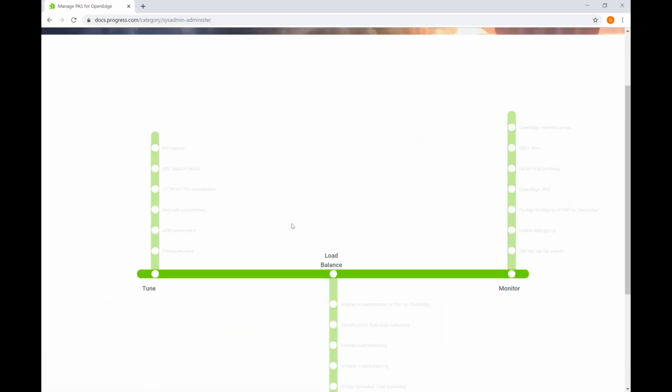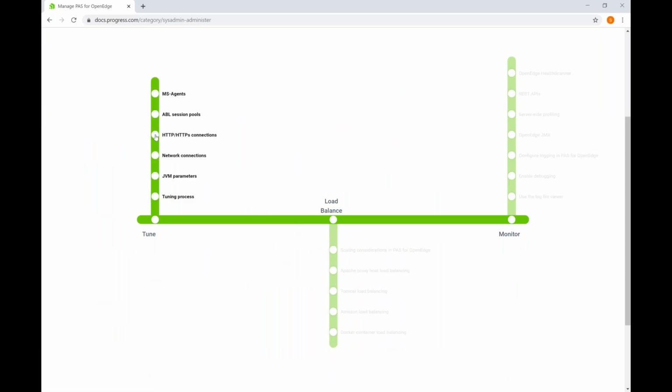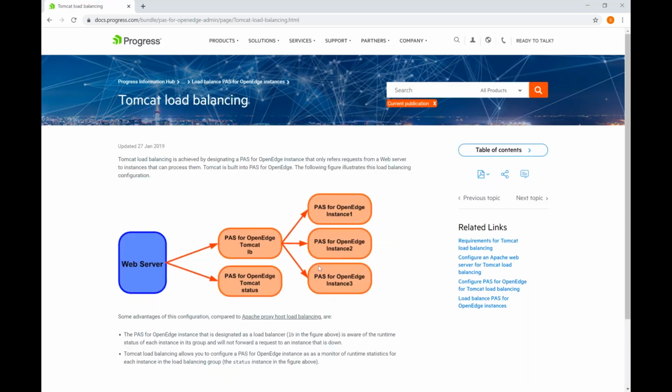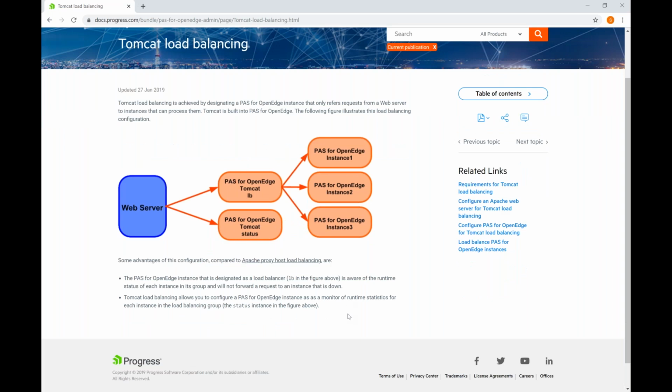So when you go into there, you see this really nice learning diagram here, where the different things that you can do are organized by category, by work category. As you mouse over different things, different areas of documentation become available to you. Let's just pick Tomcat load balancing, just to see what's there. Now you have some information about Tomcat load balancing. You have a very nice diagram,